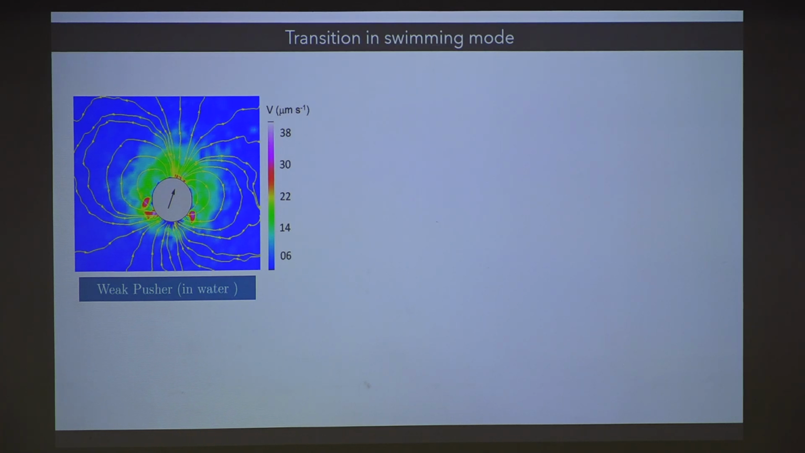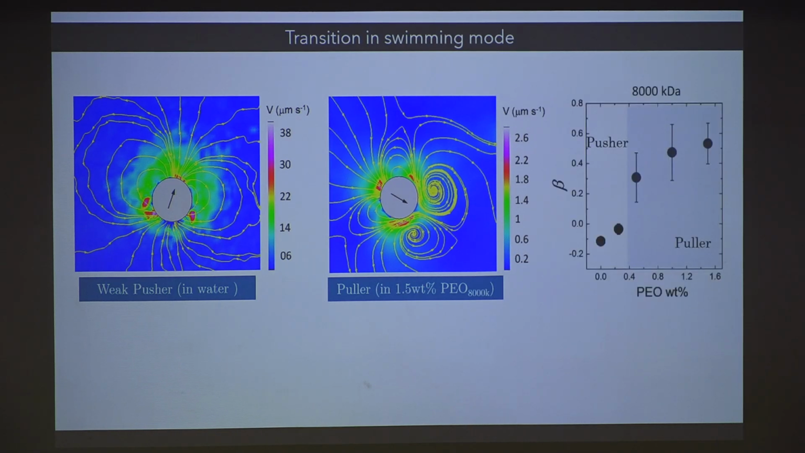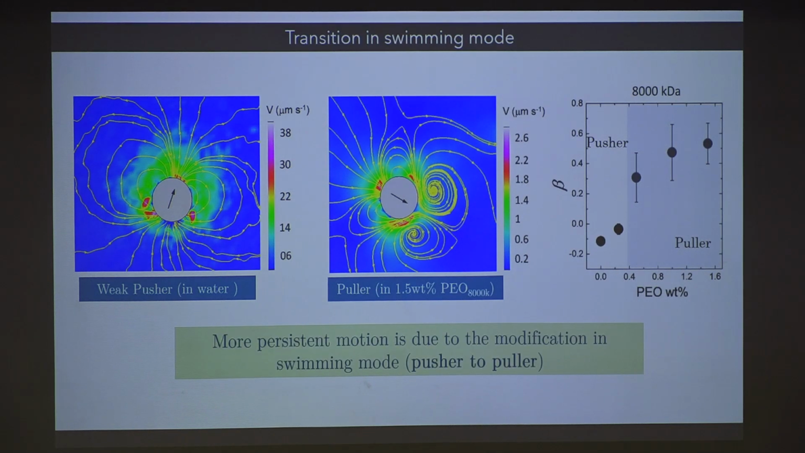What we found was that in the case of water, the droplets were pushers, so beta values were slightly on the negative side. But in the high molecular weight PEO systems, the droplets were pullers in nature, and the reason was their high beta value. In fact, as we increased the polymer concentration, the beta value became more and more positive, so the droplets were becoming more and more puller. And because of their puller nature, they were able to swim more persistently, because in a puller,